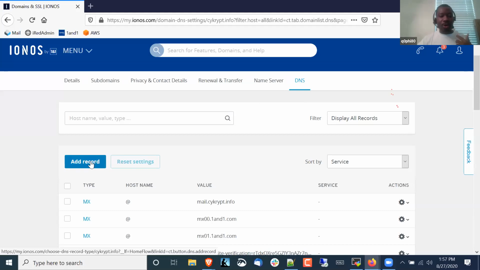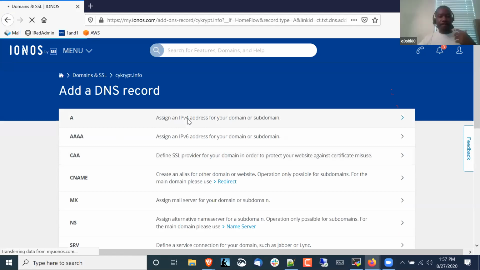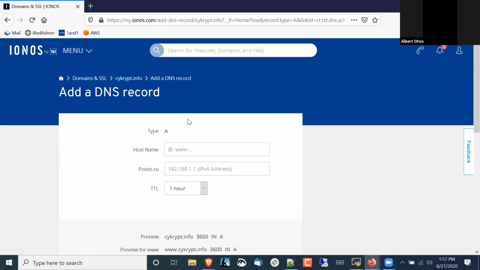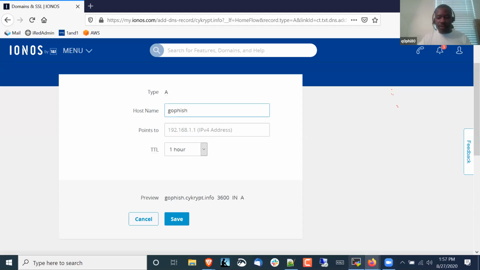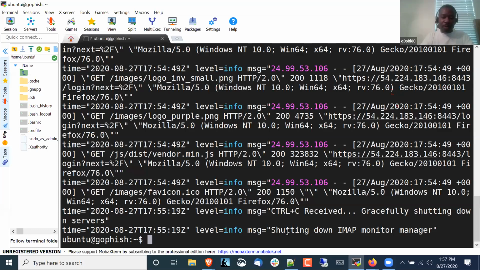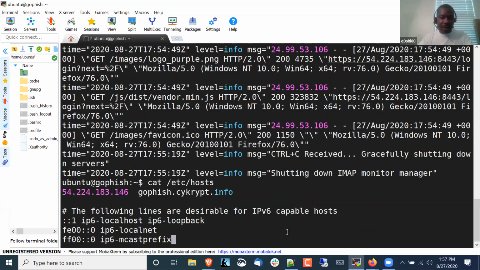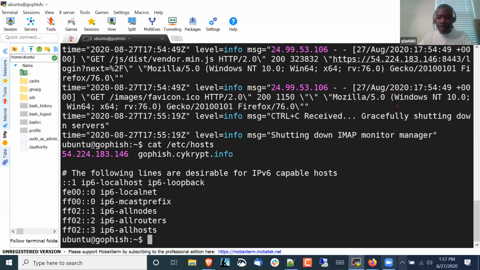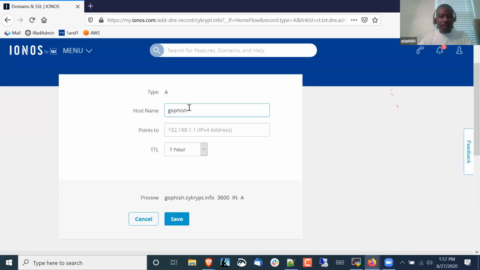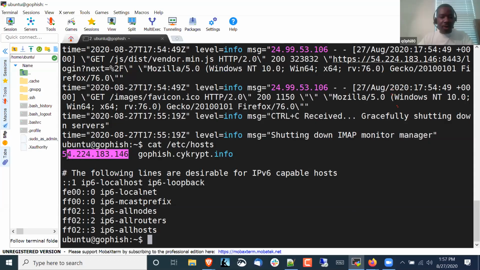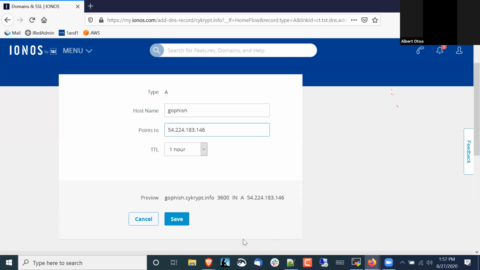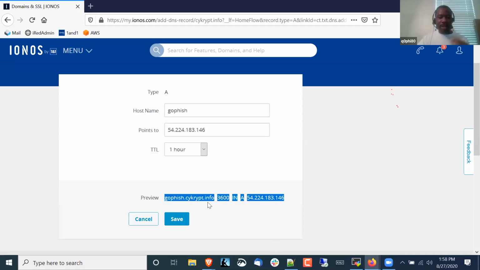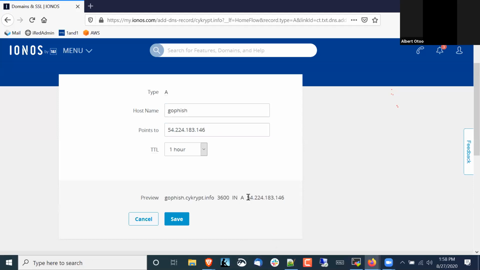We are going to enter what we call the A record, which is going to point our IP address to our host name. So here for 1&1, let's say you purchase your domain name from 1&1, the easiest way to do it is we are going to provide the name of our server. If you remember, we have that here. Okay, and if you also remember, we did provide that within our host file, pointing it to this host name, right? So we are going to say, okay, for Goldfish, whenever somebody is looking for goldfish.cycrypt.info, it can be located at this IP address. Okay, so this is how it's going to look like. So when we type goldfish.cycrypt.info, it is going to resolve to this IP address, which is going to be our